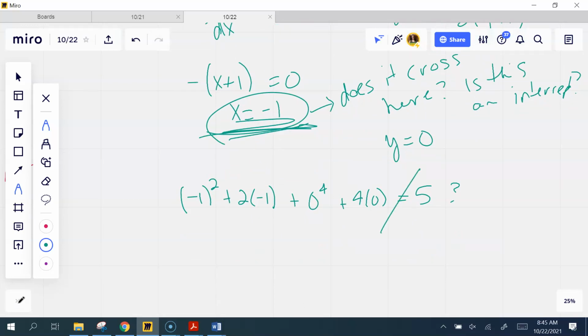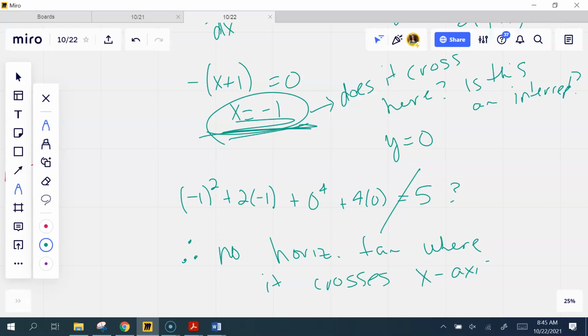So this does not equal. So therefore, no horizontal tangent where it crosses the x-axis. Didn't we already do a note that we plugged in negative 1 for y, and then we factored it and we found this was 0? Where did we factor in prime zeros? Well, that was with the derivative. So that's only to do with the slope and not the original